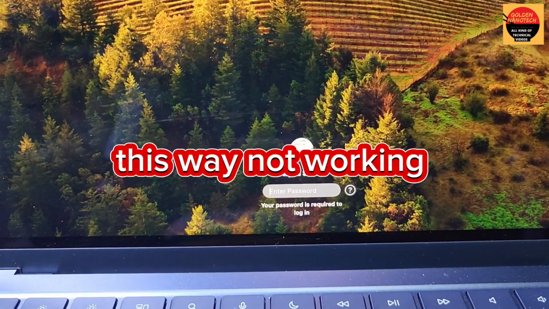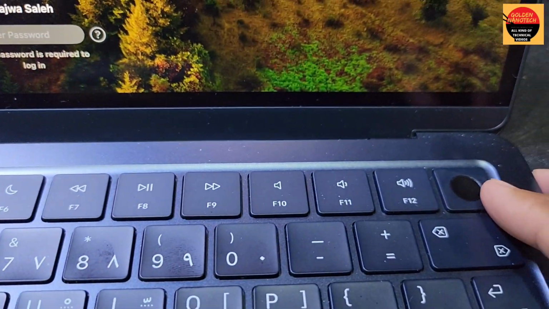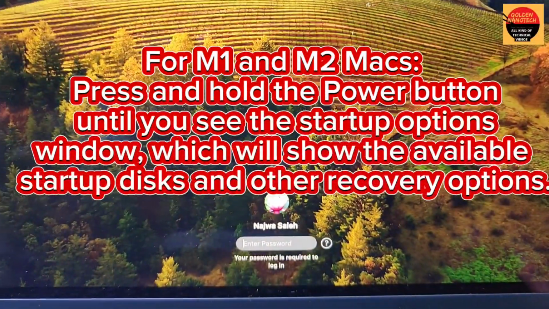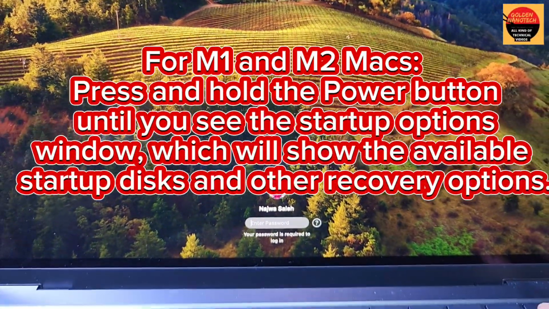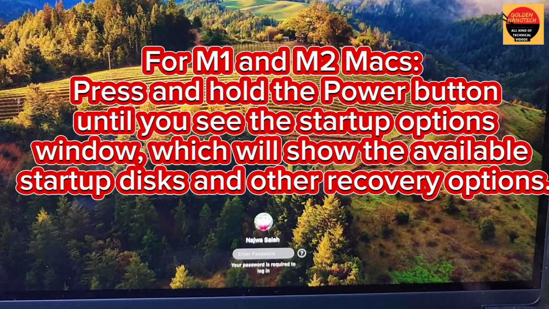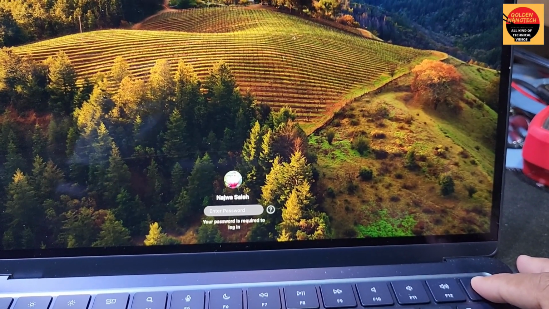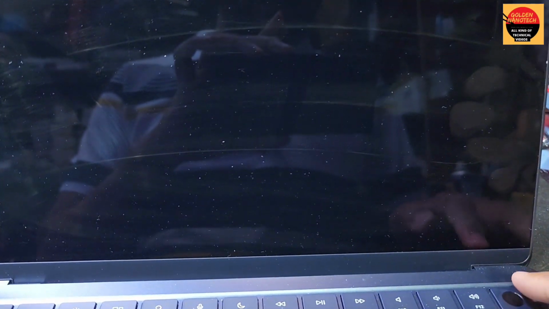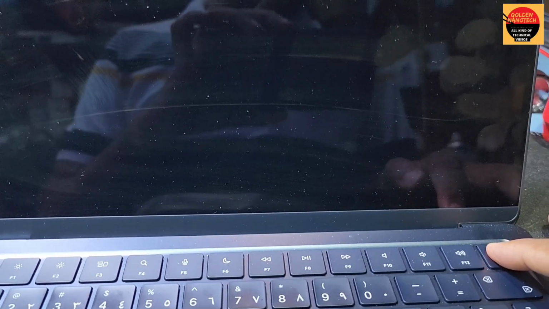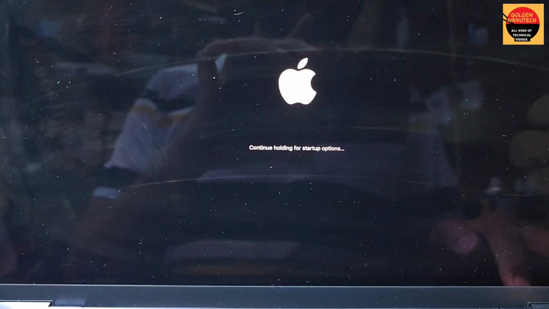This option is not working. So how can you do it? You have to keep pressing the power key until your PC shuts down. Okay, keep pressing until your MacBook shuts down, and again keep pressing to turn it on, and you can see here